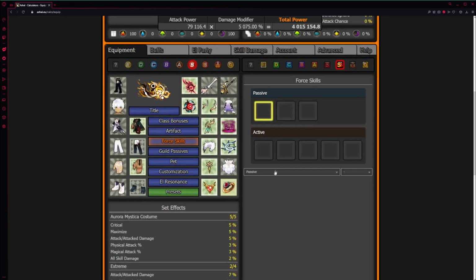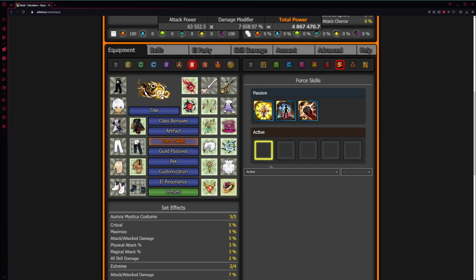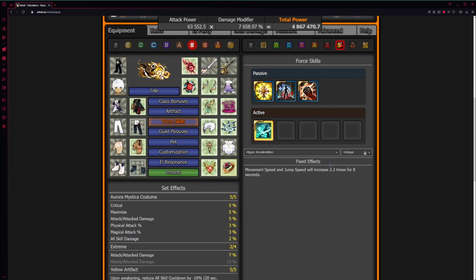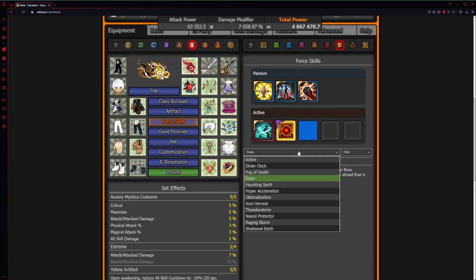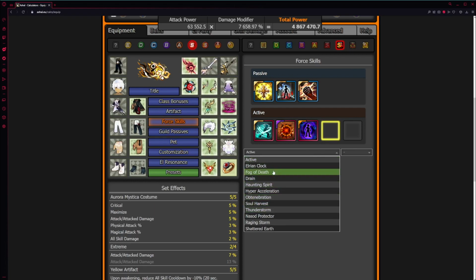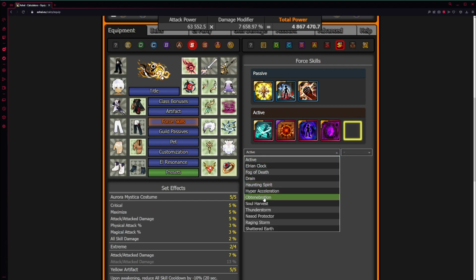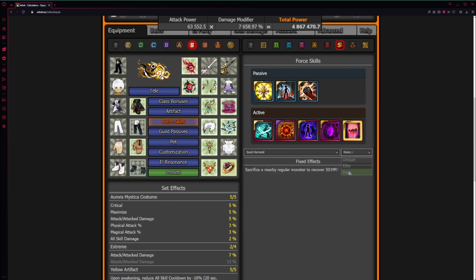For skills, these won't matter a crazy amount, but I do use unique Lipias, I have unique eroding, and then I will put in, and I recommend you to put in the unique headhunter. Actives, again, won't matter, this is just for your own benefit. I have unique hyper excel, I have elite drain, I have up generation at rare level because I don't feel like using it too much. Haunting spirit is rare, don't feel like upgrading it. And then soul harvest, it's rare. So yeah, this is how you set up your 4 skills.